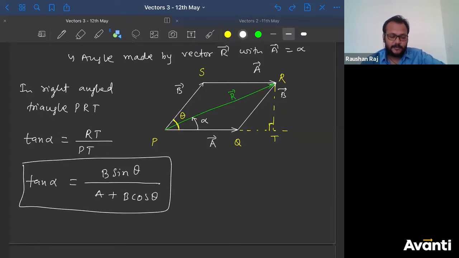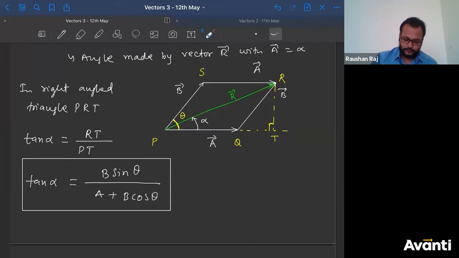To get the value of alpha, what do you have to do? You have to get the value of tan alpha. And what is the formula? याद करने का तरीका बताता हूं, देखो. थोड़ा कंफ्यूजन हो सकता है, सर ऊपर A था कि B था, कैसे याद रखना है? What is alpha? Angle made by R with A. A है ना, यहाँ A नहीं रखने का. So if this is the angle made with A, then put B here. उल्टा करना है, ठीक है? And नीचे में A plus B cos theta. If this is B, so this will be A plus B cos theta.